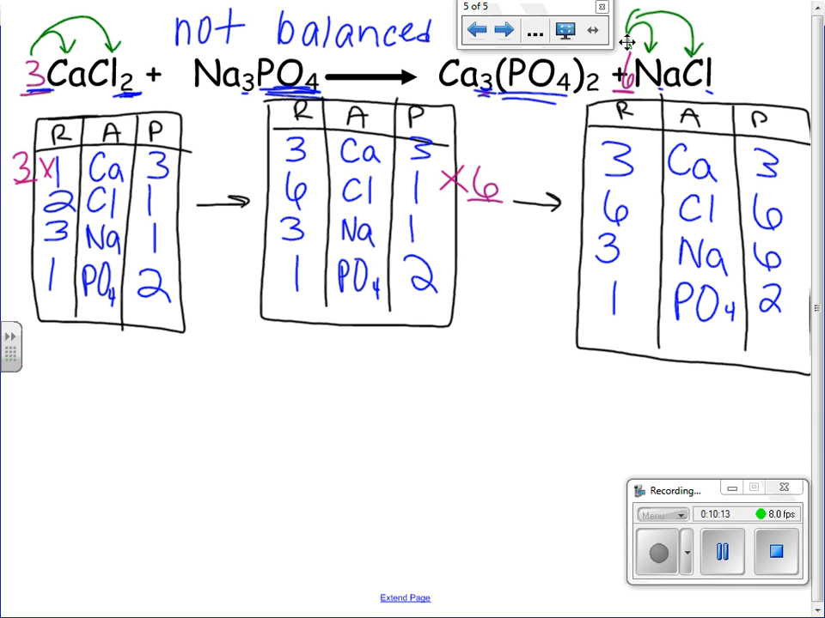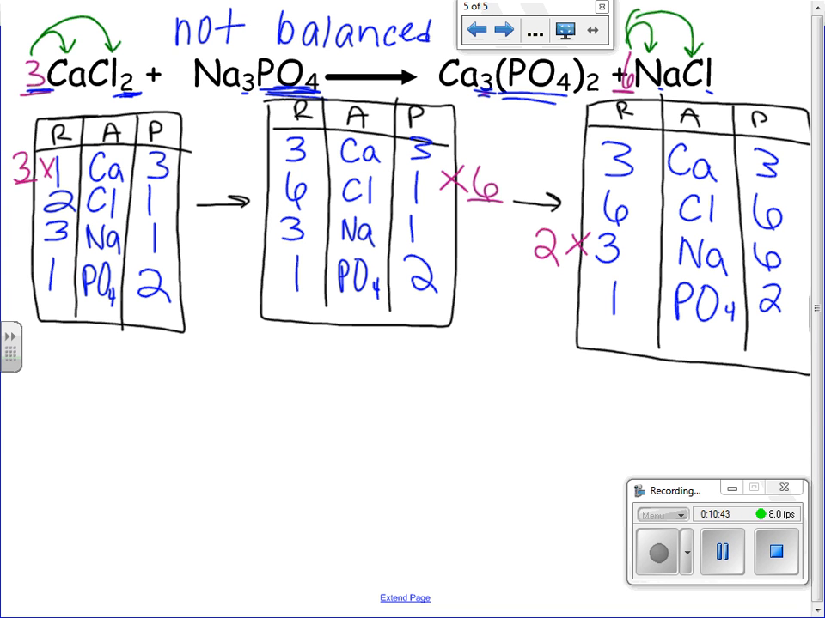So let's just pick one of those and try to balance it. Let's work with our sodiums, okay? That's the next one in line. And so we have 3 sodium atoms in the reactants, 6 sodium atoms in the products. What number can we multiply those 3 sodium atoms in the reactants by to make it equal 6? Yeah, we can multiply 3 by 2, and then that will give us 6 sodium atoms in the reactants to